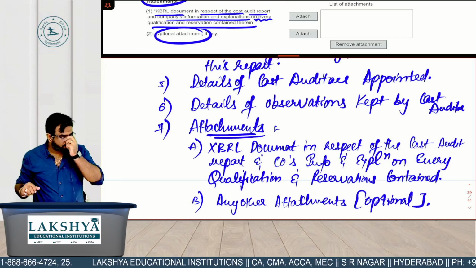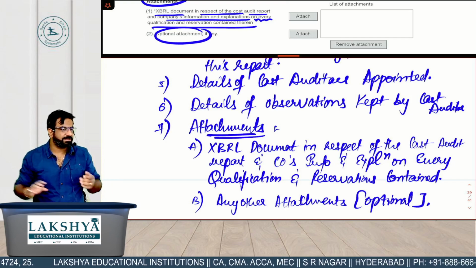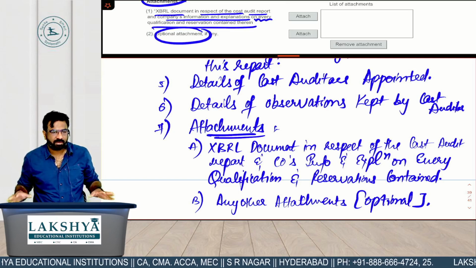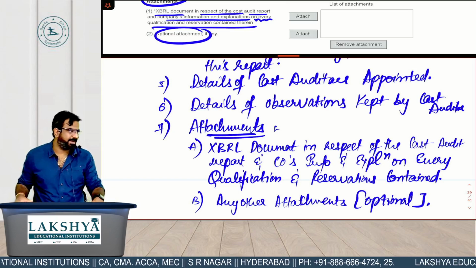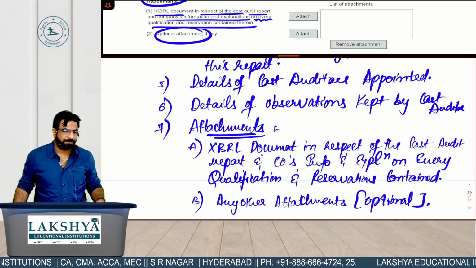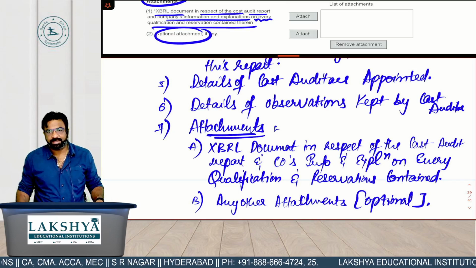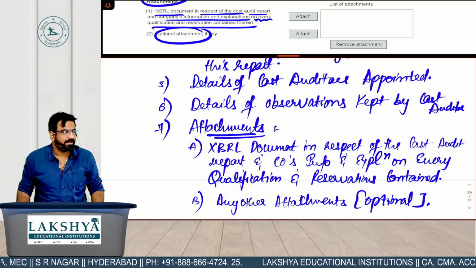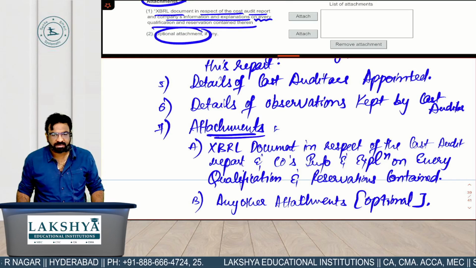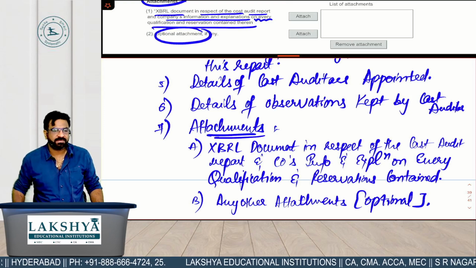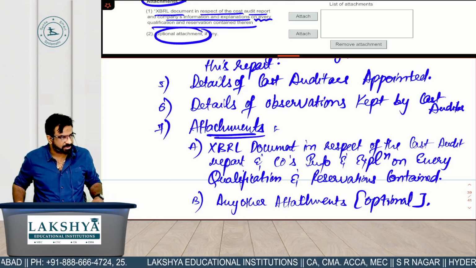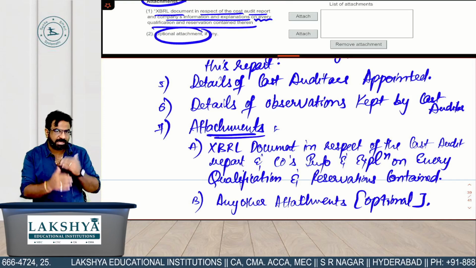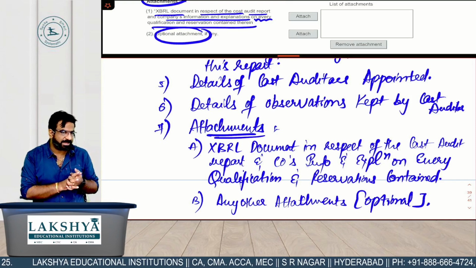So this was all about your CRA rules and CRA forms. Now you already have the major idea of our cost audit: how the cost audit happens, who does it, in what time period, what the forms are, what you need to verify, what the sectors are, which are regulated, which are non-regulated, and what the 31 types of records every company has to maintain. You can say that the basics of cost audit, including the professional ethics topic, are over.